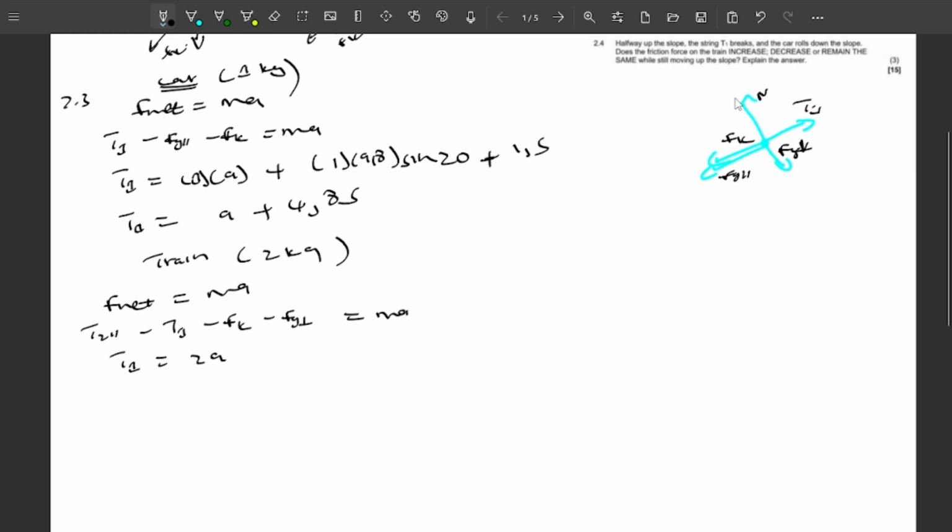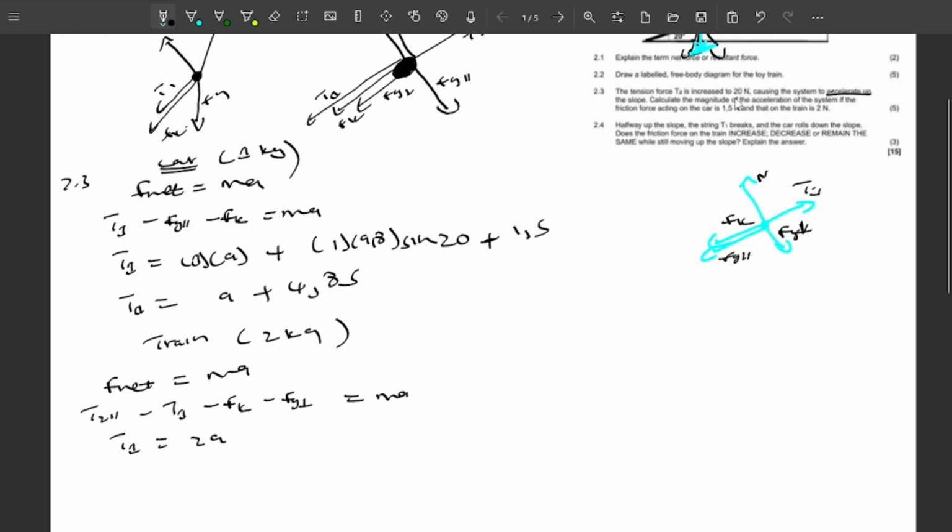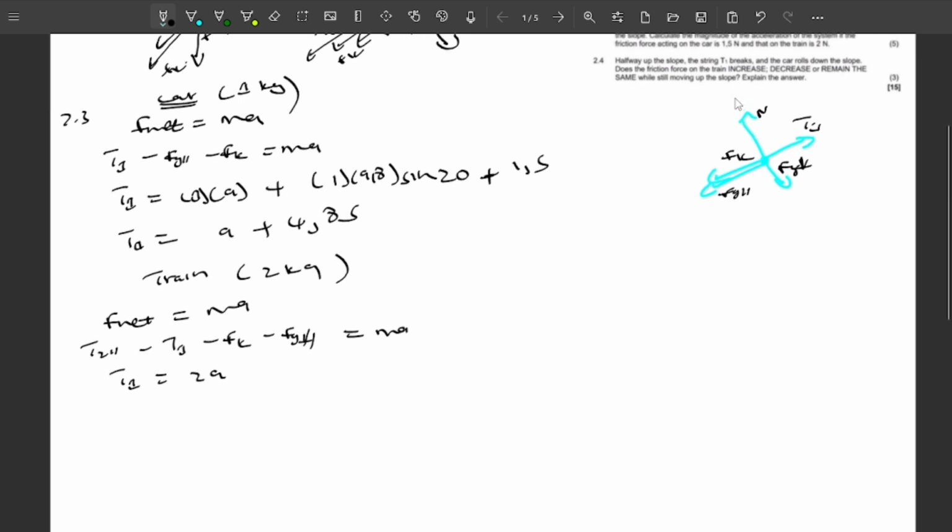So for this one, the FG perpendicular, it's not supposed to be perpendicular, it's supposed to be parallel here. Made a mistake, sorry. Now for this one, since it's parallel, it's the same story as that one, right? So I'll also do it that way, just for safety's sake. So we're going to say plus 2 times 9.8 sine 20,